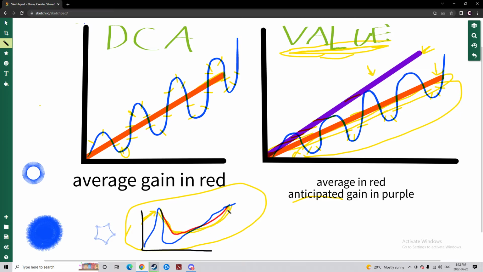Whether you started at a high or whether you started at a low, there will be a time when the high that you bought at will be lower than where you are now. And that just takes a lot of time. In this case, I based this model off of Intel, and that took about 7 to 10 years.